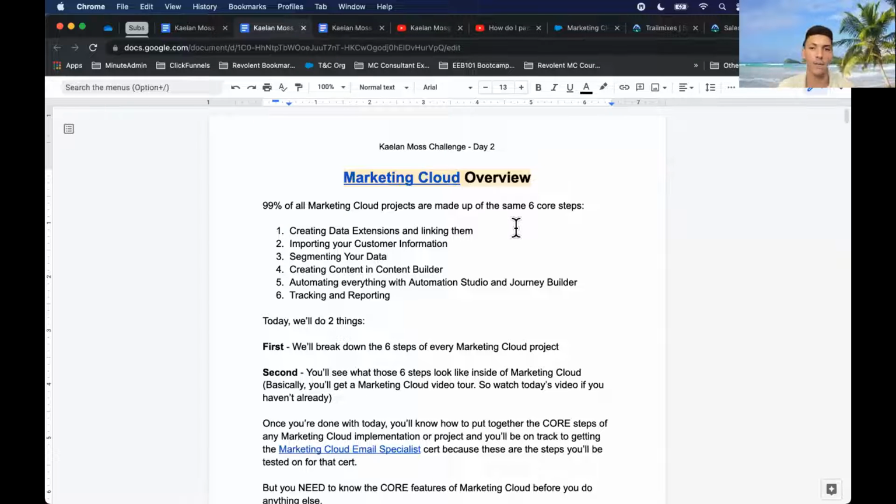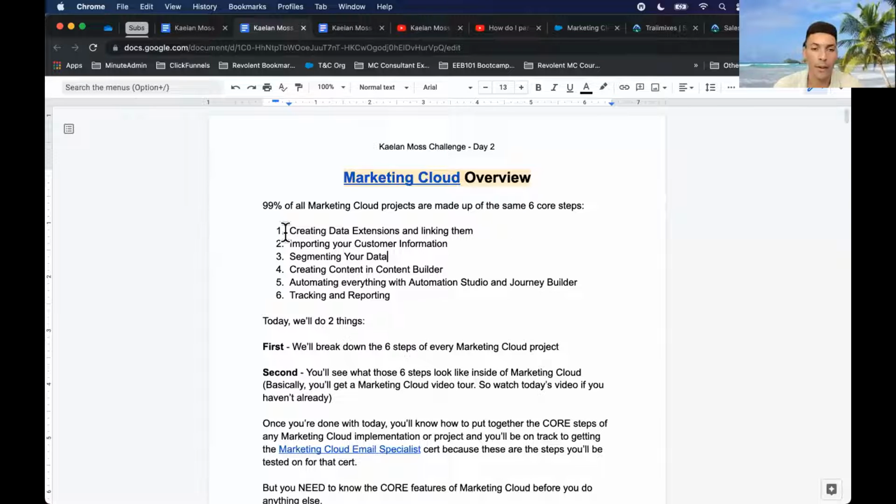And once you understand the framework for every Marketing Cloud project, you can pretty much rinse and repeat every single time. It's kind of like a contractor who builds houses. It's going to take the same raw materials, the same process. You bring in a plumber, you bring in an electrician, you bring in the painters, and they do their project. And you kind of get into a routine on that. So the same thing goes when you're building out technical solutions for clients.